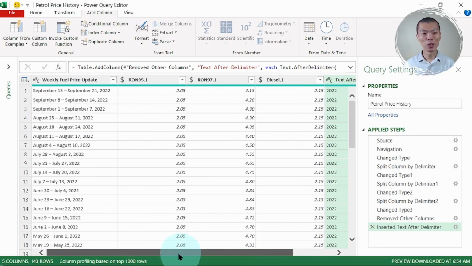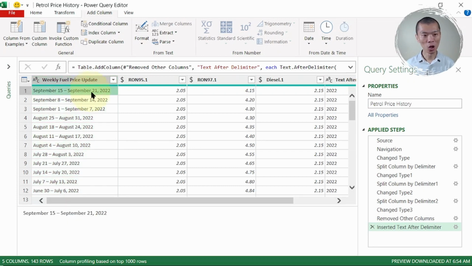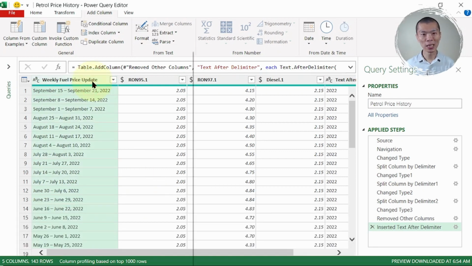And now I need to split the date into two parts. The separator is a dash, but it's a different kind of dash. Sometimes we want to split by a specific character and we are not 100% sure what it is. The easier way is to click on that particular data. On the bottom, you can see there's a preview of the data. You can just select the dash and press copy, and go back to that column and right click, and